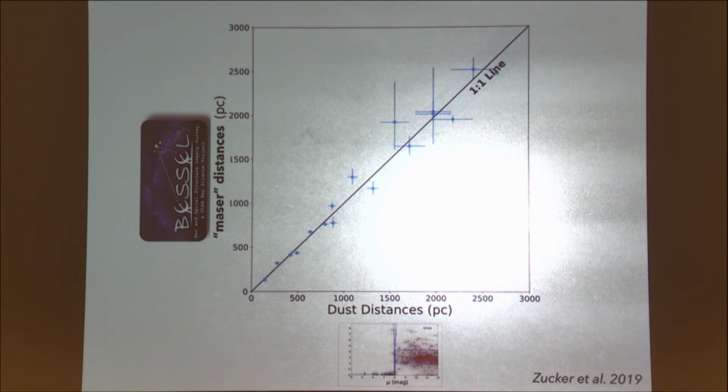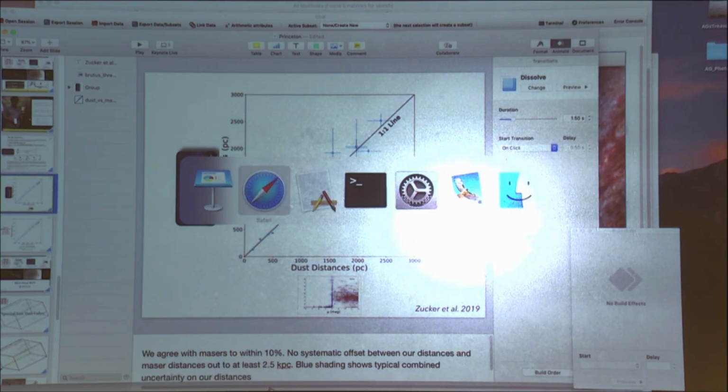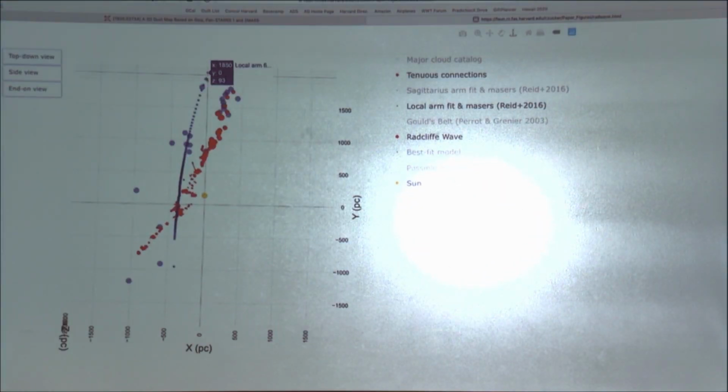But they're from a statistical analysis of what dust distribution you would need to explain the reddening distribution that you see, knowing the distances to many stars in 3D. That's the two-sentence answer.